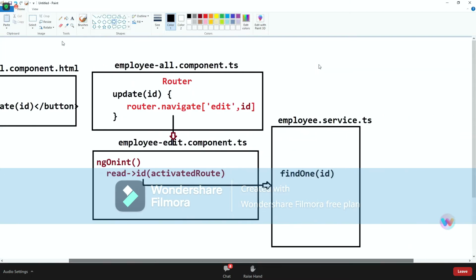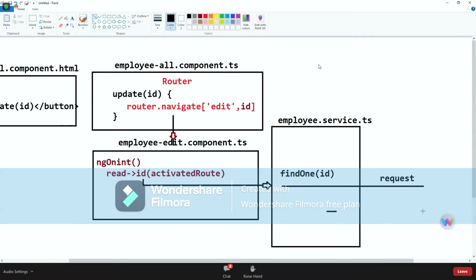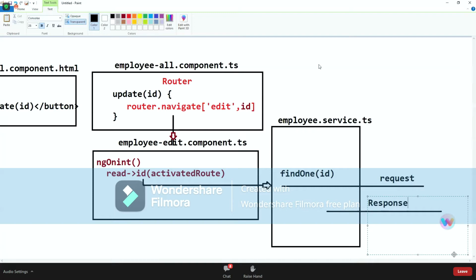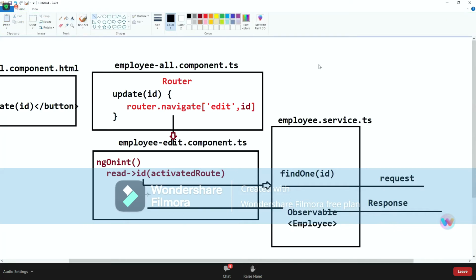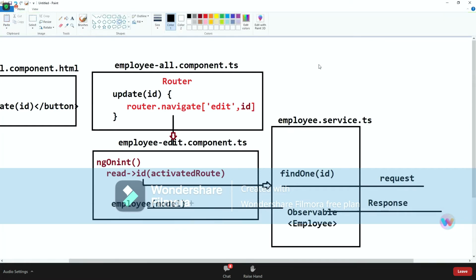Once we get this object, that is going to make a backend call. It will give an observable. This one, read into one temporary employee form. Subscribe here.